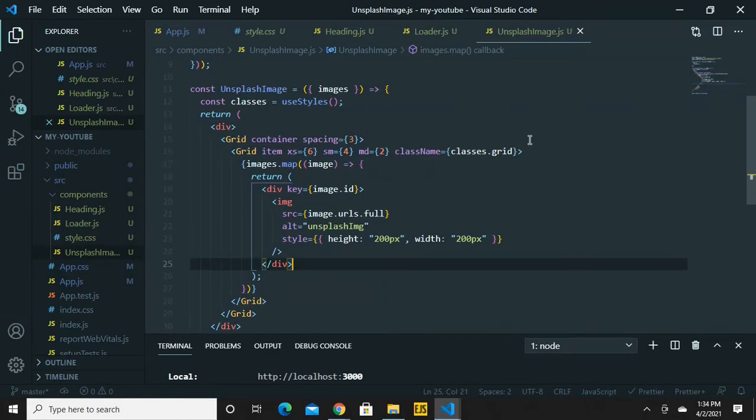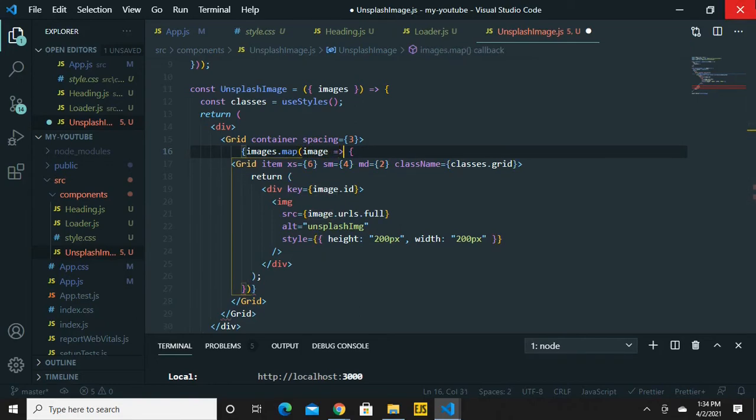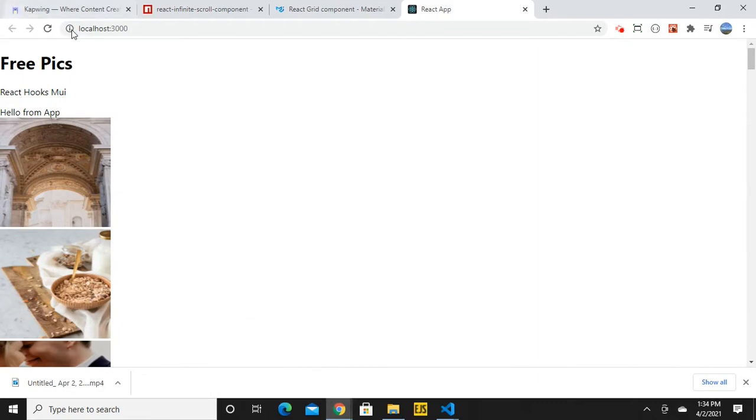Let's add the grid item inside the images. We need to change a few things, like we are going to remove the return statement. So let's delete this and add parentheses around, save it, and when we reload it,